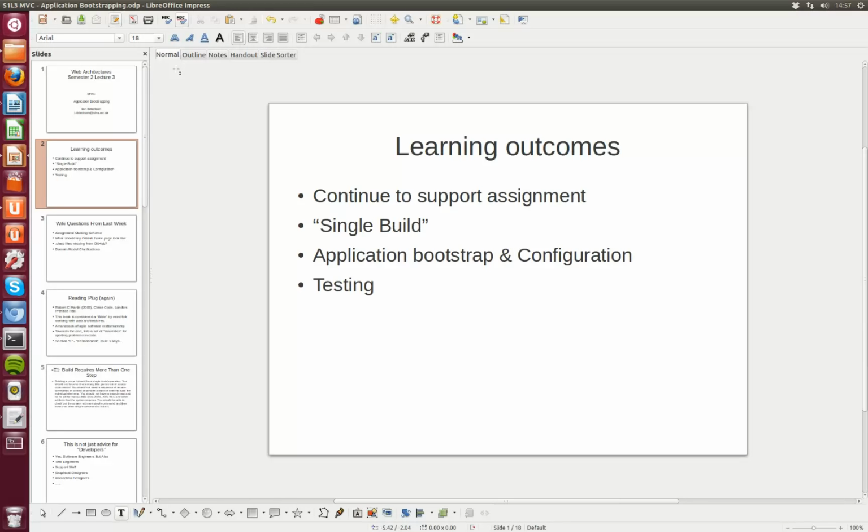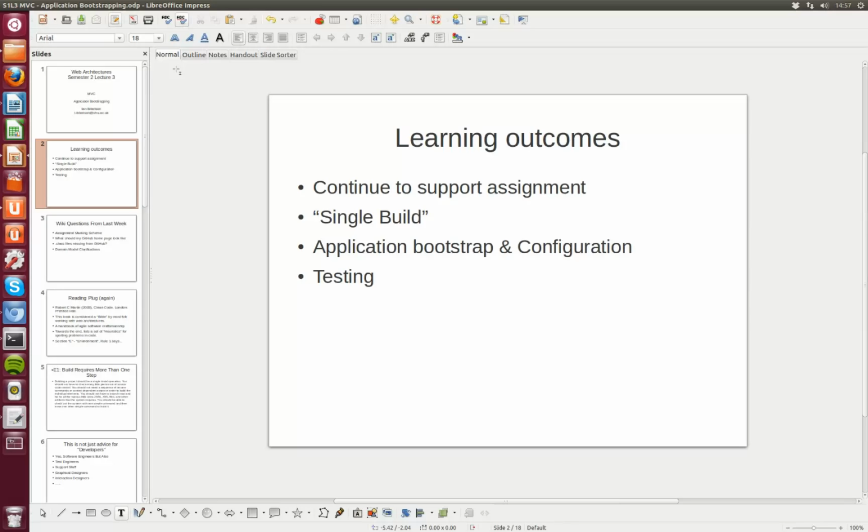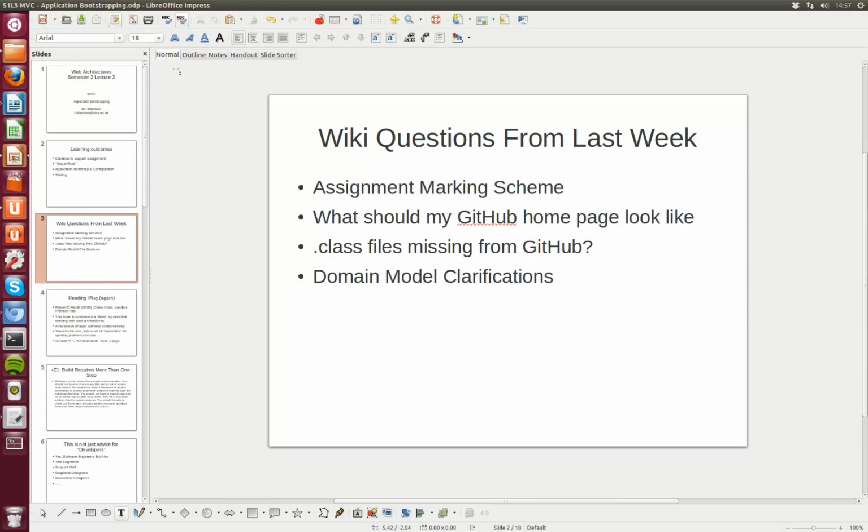I'd like to talk a little bit in the lecture, or in the screencast, about the idea of a single build before we get into the details of application bootstrap and configuration, and then I may talk a little bit about testing as well. In terms of questions on the wiki from last week, thank you to everybody who put